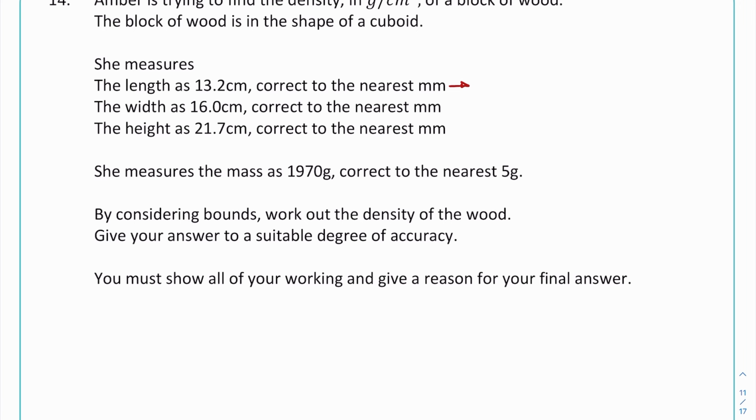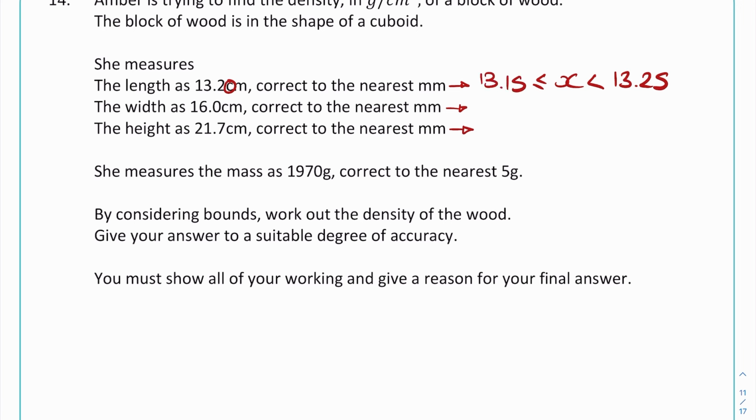We will usually always get marks for getting some of the error intervals. So even if it's a really complex question, we can get some marks for a lower grade part of the topic, which is those error intervals. So for the 13.2, our error interval for that, and make sure obviously you know how to write them, we add a 5 on for the upper bound, so 13.25, and if we add a 0 on the end, it can help to visualise, it'd be